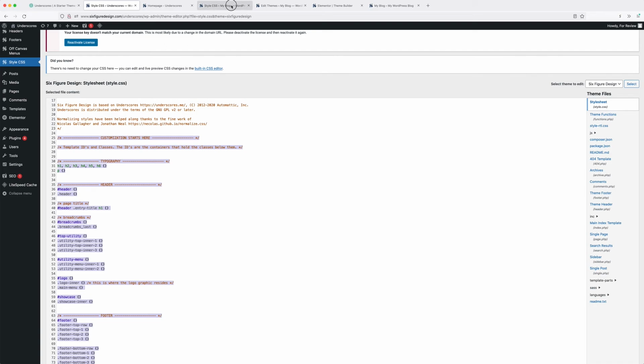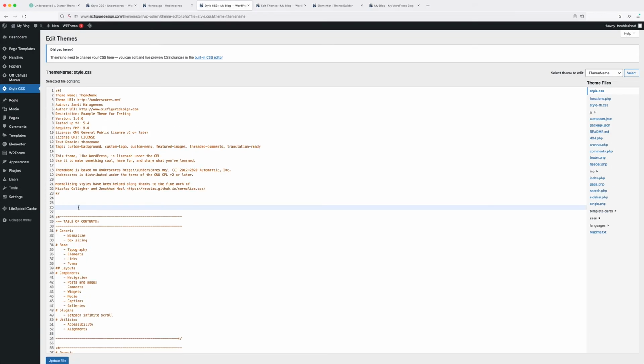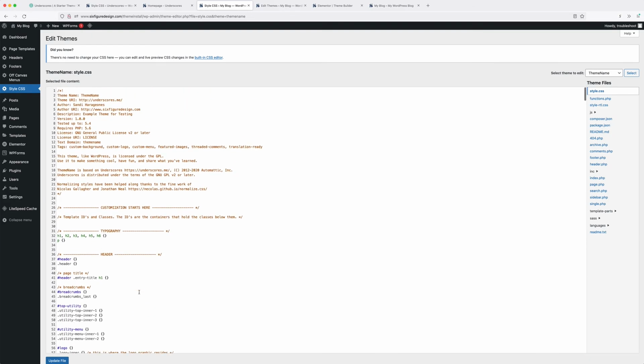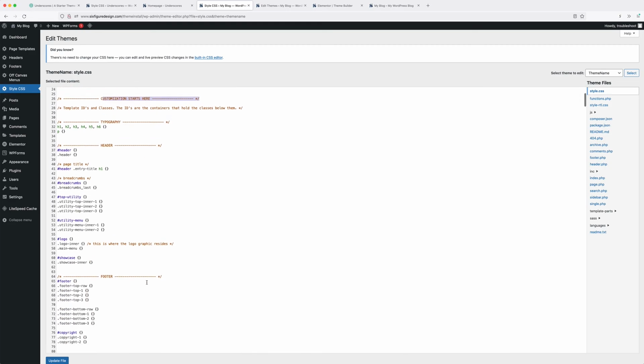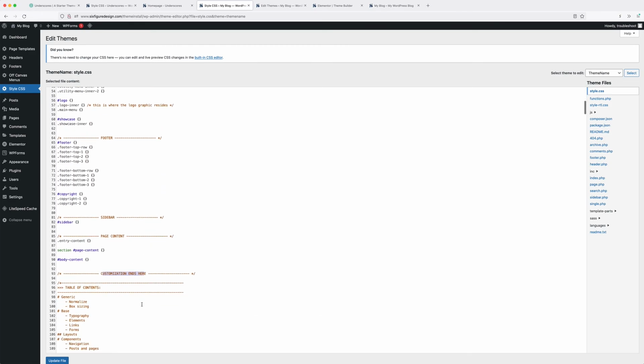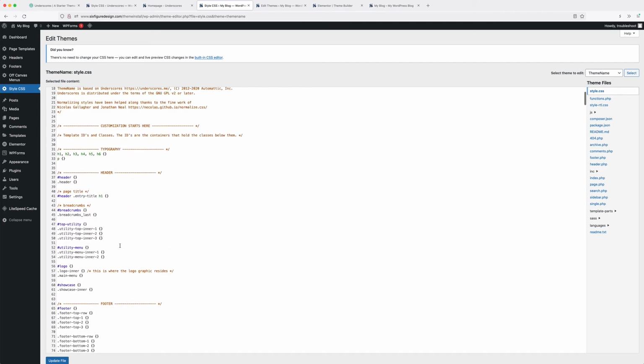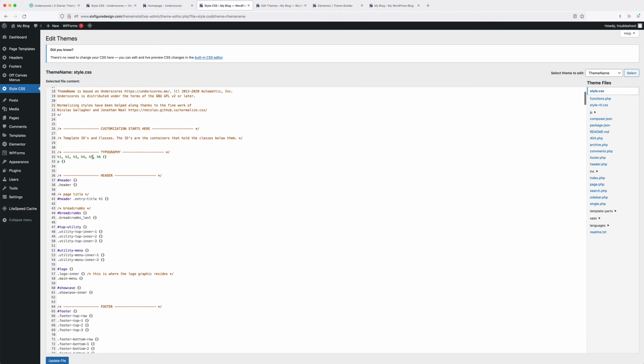Copy, and I'm going to put it in the new WordPress install and paste it there. So that way I know that this is all my CSS. The customization starts here and it ends here, and then I know that everything left or below that is going to be from underscores. So here is where you can put all your custom CSS,